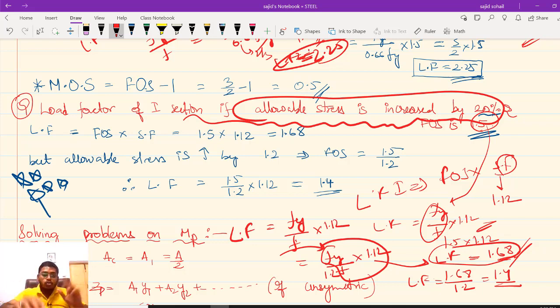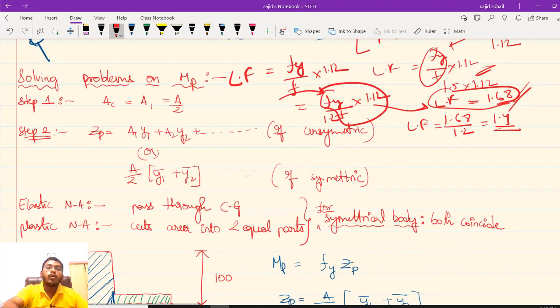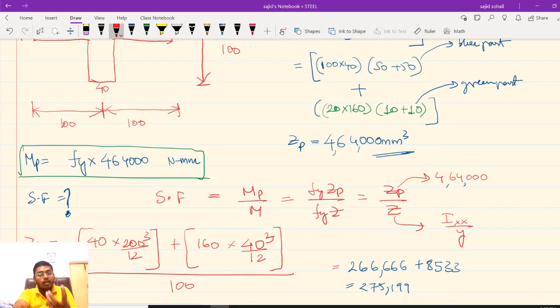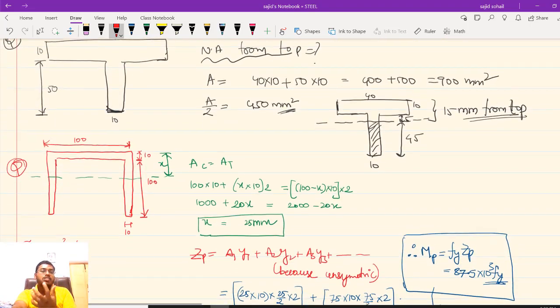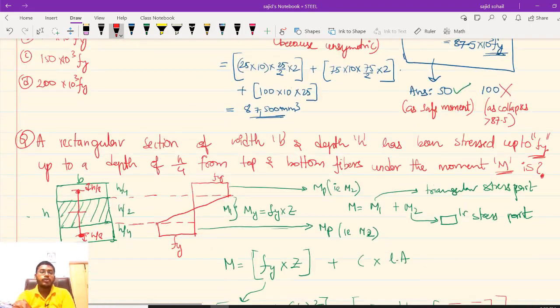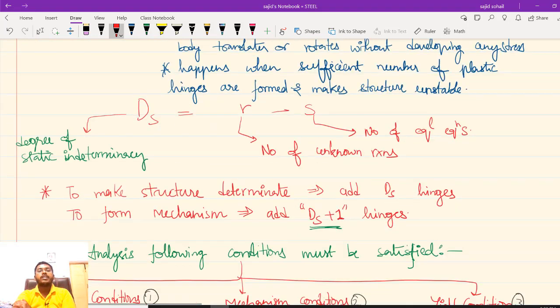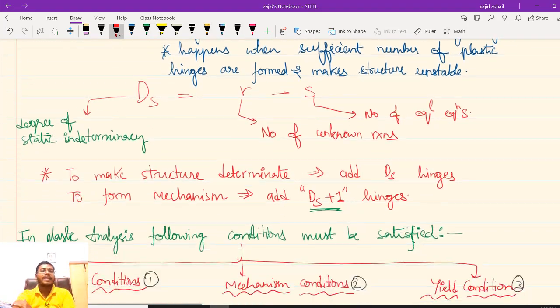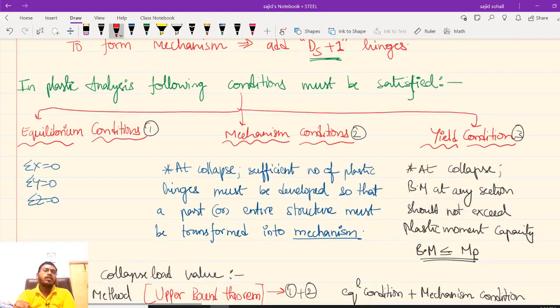So this concludes today's module. In the next module, I am going to teach you problems related to plastic moment. Plastic moment काफी important है. So here we are going to see complex problems, the real GATE ESE type questions, we are going to solve in the next module. Okay, काफी interesting रहेगा. उसके बाद में हम next module में mechanisms सारे देख लेंगे, and within 3-4 modules I will try to conclude this plastic analysis. Have a nice day. See you in the next module.